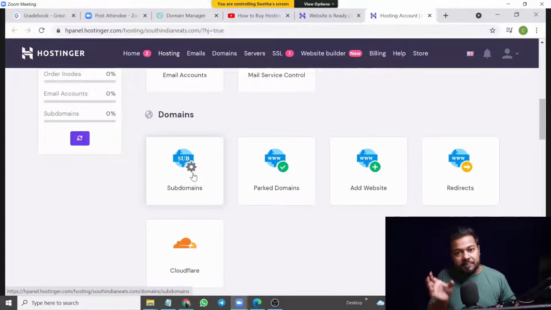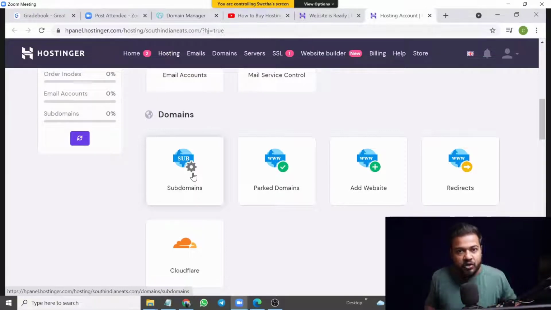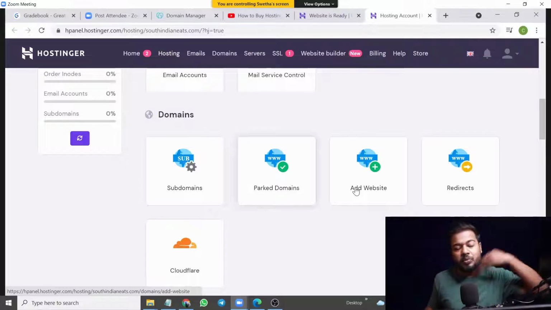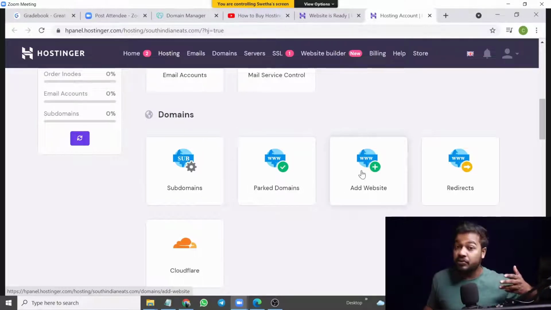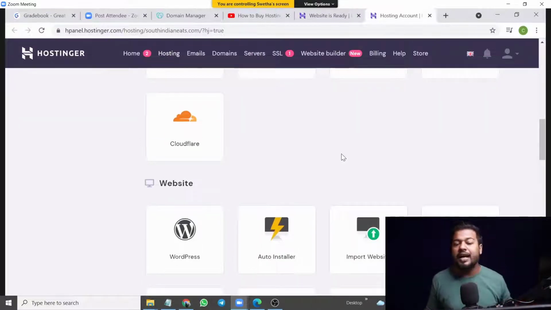It's a subdomain which is a part of your main website. Google.com is a main website, and slides.google.com is a sub website of google.com, where you will get all the details related to slides. So if you want to create something for your websites, you will go to this subdomain and some other domains as well. If you want to add some more websites, here you can add more websites, right? This again I'll cover in later parts, but you need to understand these things. I'm just giving you a whole view of how it's working.